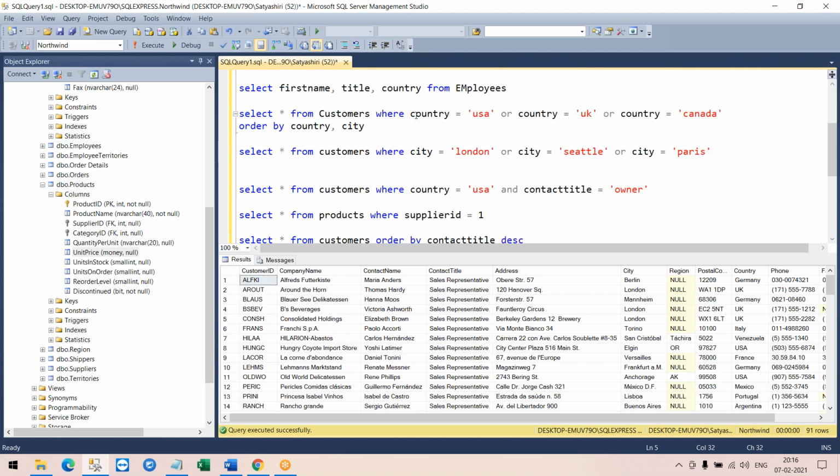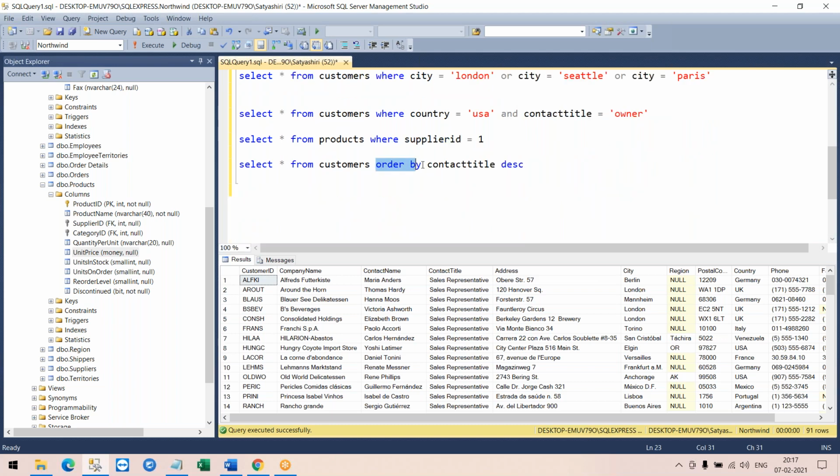When I have multiple conditions on the same column, I would use an or clause. If I have conditions on two or more different columns, I would use an and clause. To sort the data, we would use an order by clause. To sort it in the descending order, I would add a descending at the end.